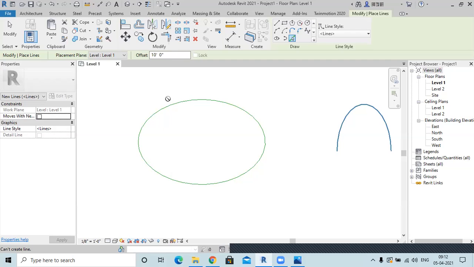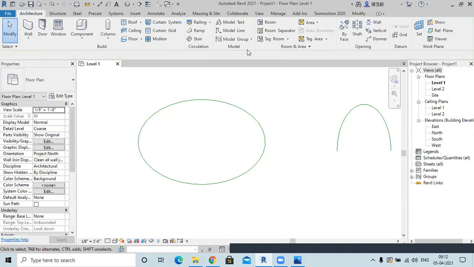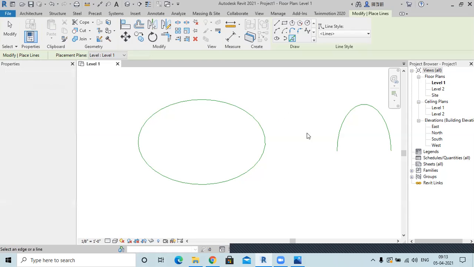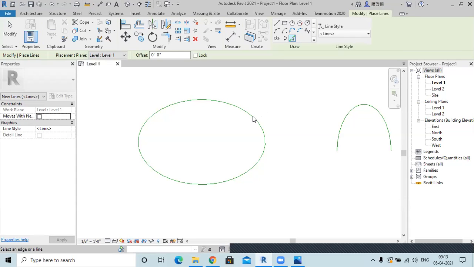Pick line is only about offsetting. Pick line is about picking an existing surface or existing line, which is already created. You can't create something with this. But if an existing line is there and you have not selected an offset, then there is no point of picking lines because it won't pick anything. So you have to create or give an offset, and then only pick lines will work. So yes, it is generally only about offsetting. Okay. Thank you.